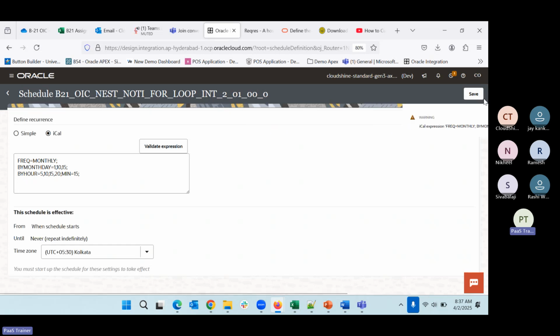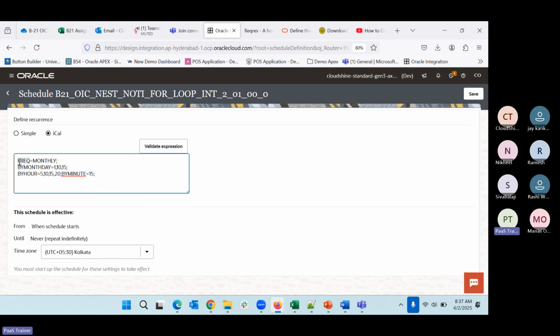When the expression is invalid, I cannot save, so I need to put a valid expression with the correct syntax. This is the correct syntax we have. Now what we have defined: we have told the frequency, which means we want to run it monthly. On what dates of that month do we want to run? We have specified 1, 10, 15. On those particular days,